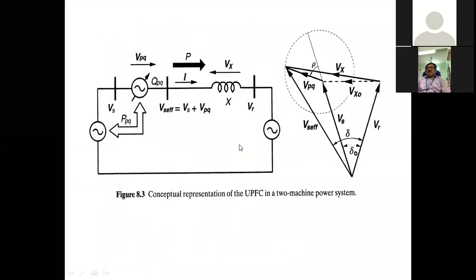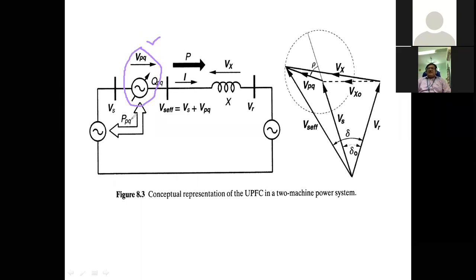See, to know the basic operation of the UPFC, this diagram is very important. Here, the entire UPFC is taken as a simple synchronized voltage source. You can see that the entire UPFC is represented as a simple voltage source. Even for load flows also, just a fictitious loop, an additional node will be formed with this UPFC, and remaining